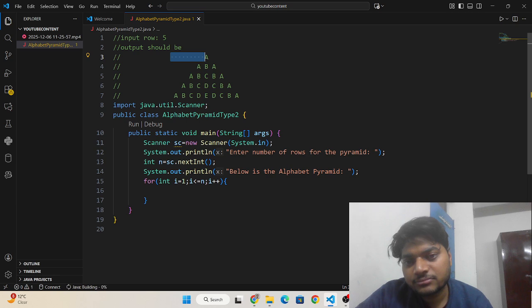So in the first row we have 4 spaces to the left of the alphabet or element in the current row.